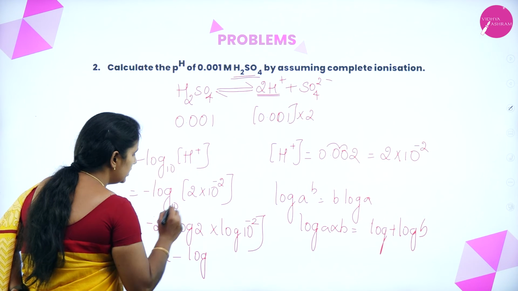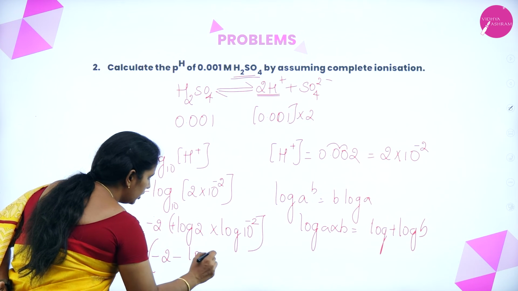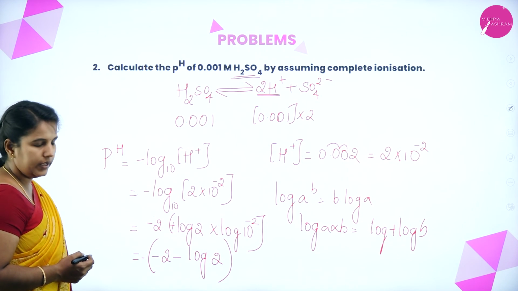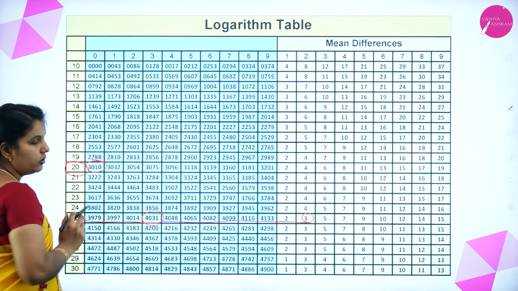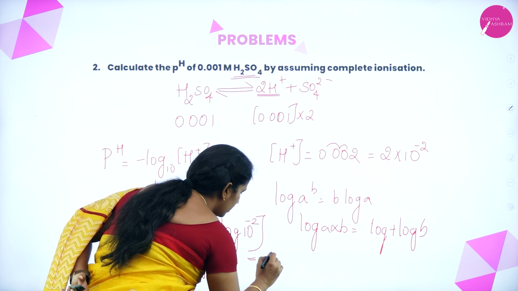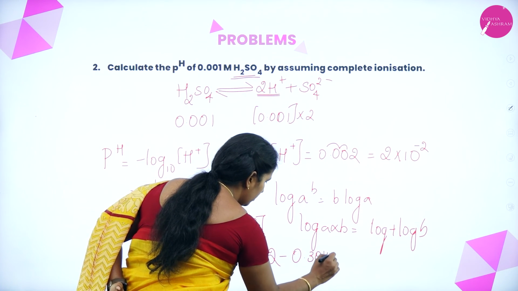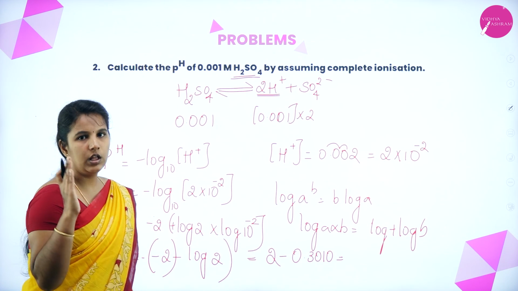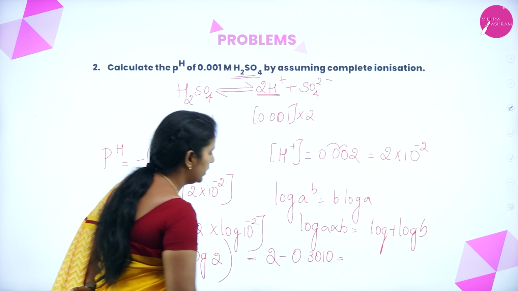Correct, no? So what is the value of log 2 here? It is nothing but 3010 as we have understood, and it is equal to 2 minus 0.3010. So how much do we get if we subtract the log of 20, which is nothing but 0.3010, from 2? So you will get